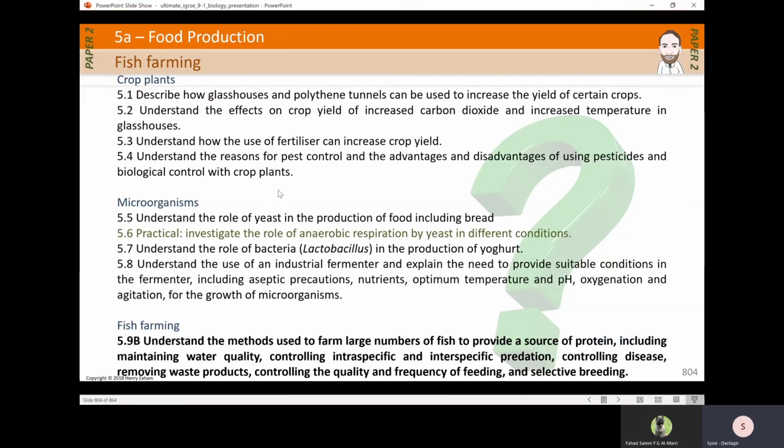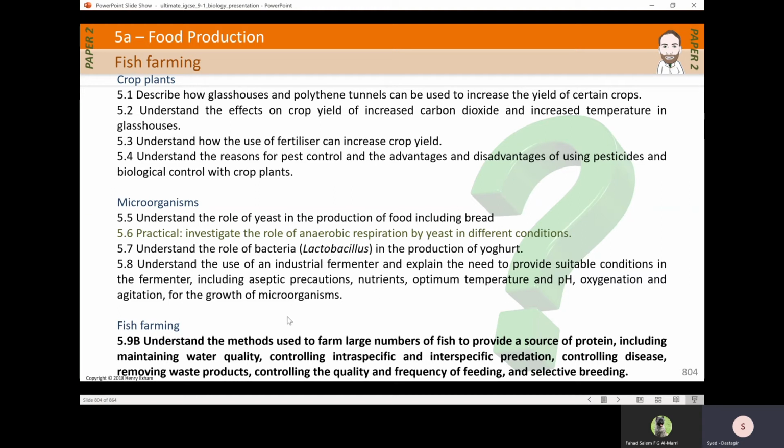Okay, so continuing with the food production topic. We did just go through yeast production, investigating the role of anaerobic respiration by yeast under different conditions using hydrogen carbonate indicator, as we just mentioned. Also, Lactobacillus bacteria in the production of yogurt, how an industrial fermenter works, and how it controls suitable conditions, for example temperature, pH, how we get the culture oxygenated, and agitation, which means stirring around, to ensure the